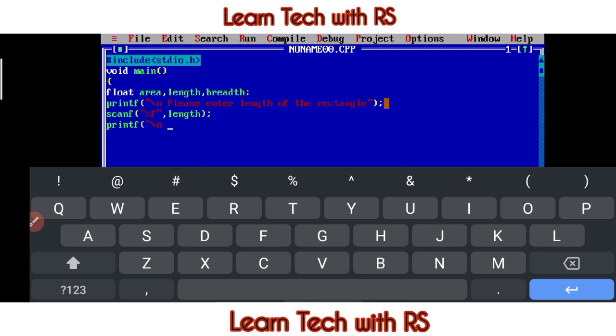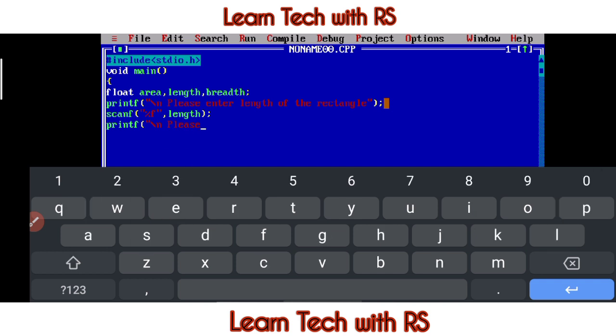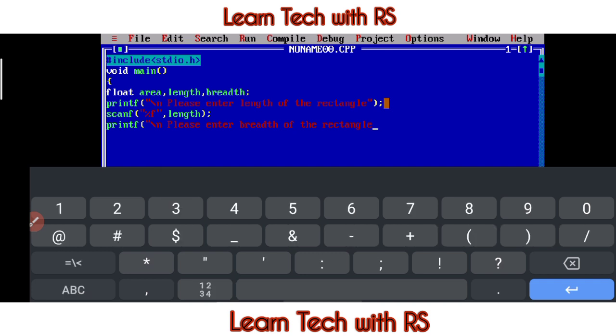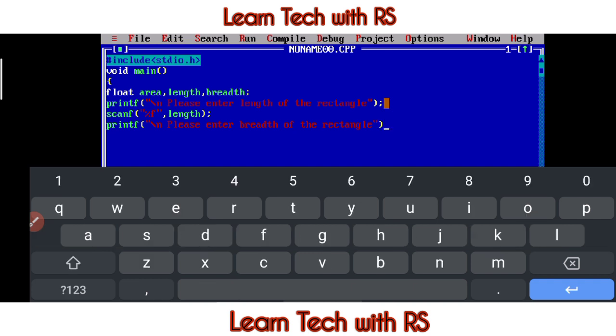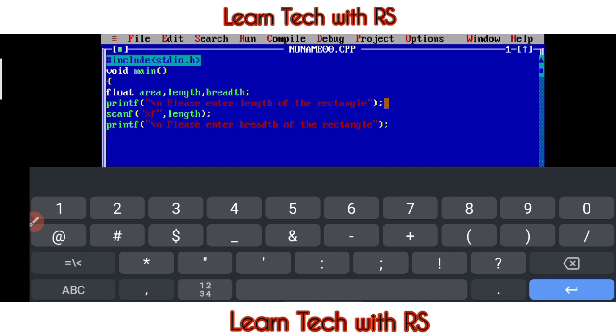Now please enter breadth of the rectangle. Then you have to give the closing bracket and then semicolon for the break.